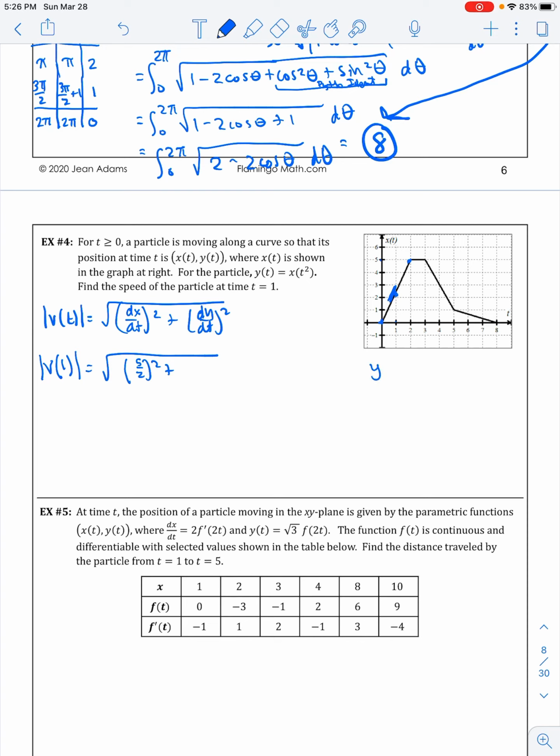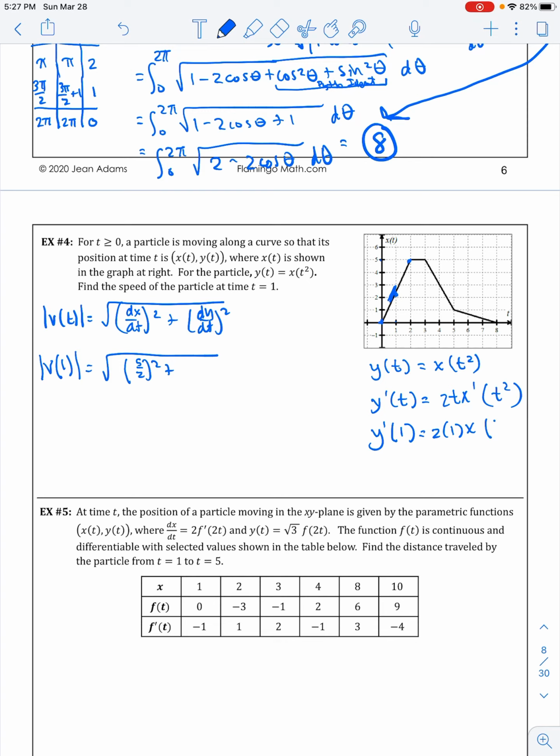And our dy/dt, our y of t is x of t squared. So our y prime of t is going to be the derivative of t squared, which is 2t, times x prime of t squared. And then I need to find my y prime of 1. So that's 2 times 1